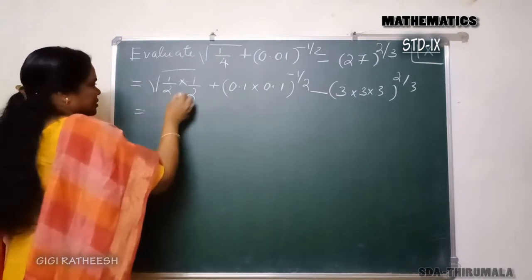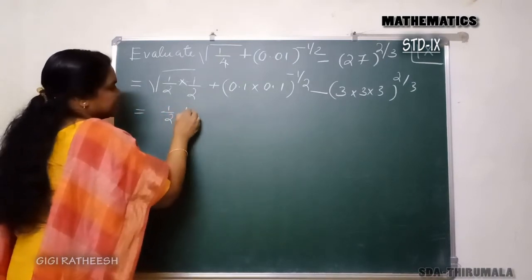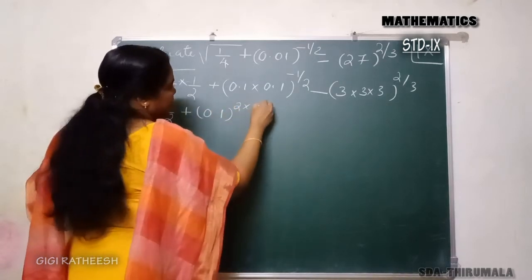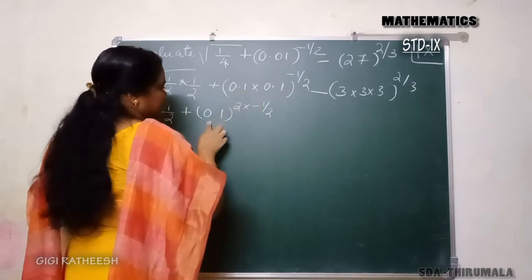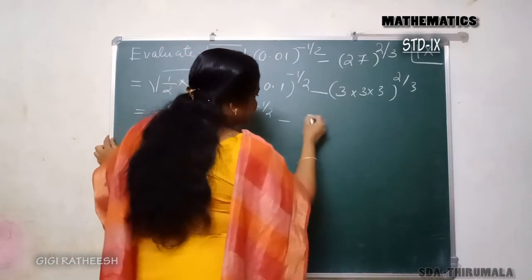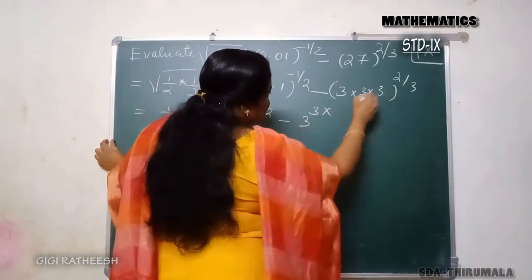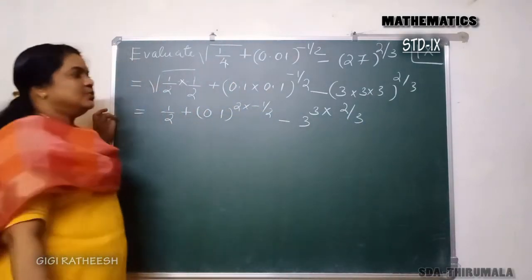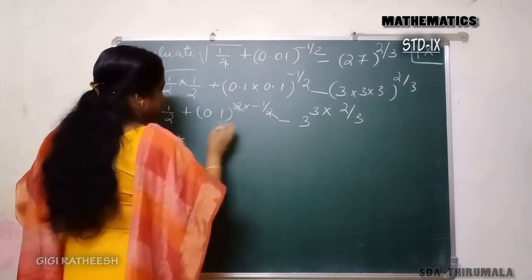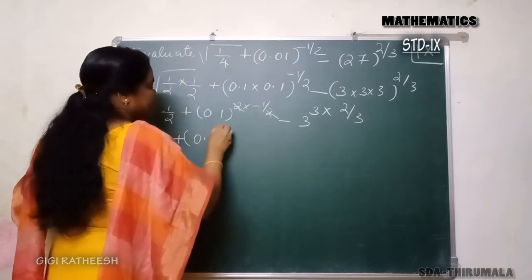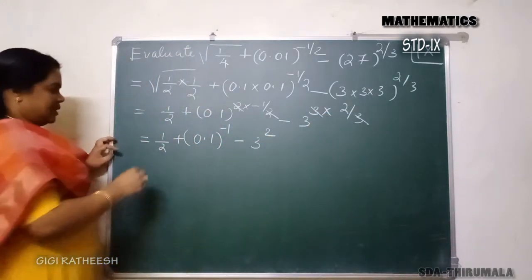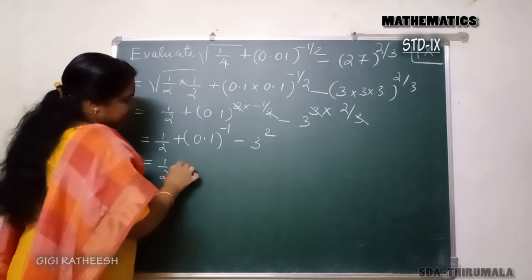Taking this, that is 1 outside, that is 1 by 2 plus 0.1 2 times, 2 into minus 1 by 2. That is, here it is 1, 2 times, that is taking 2 outside, that is 2 into minus 1 by 2 minus 3 times 3 into 2 by 3. And that is equal to 1 by 2 plus, cancelling this, 0.1 the whole raised to minus 1 minus, cancelling this 3 square. And then 1 by 2 plus,